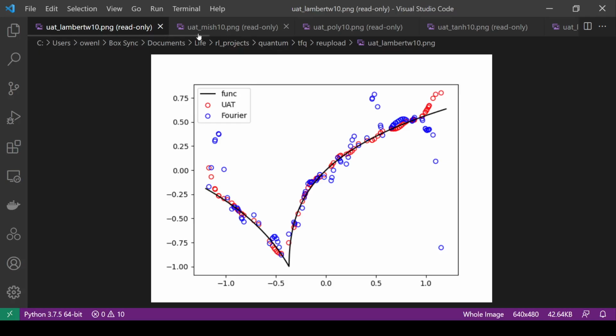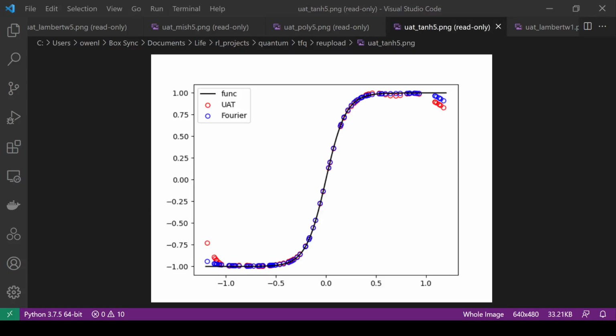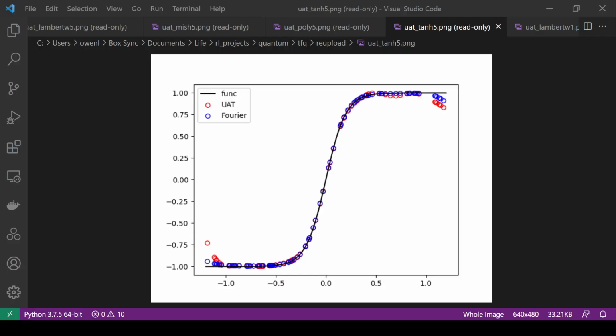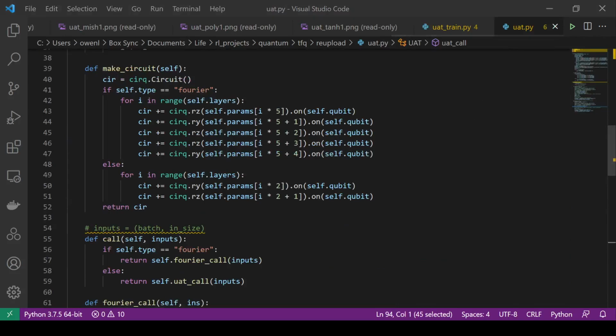And so we can see, looking at this, let me look at the tanh. If we look at that and then we do that, you can see it's pretty similar. I'd say it's a pretty successful replication. So yeah, this is the code for quasi-replicating the recently published paper in Physical Review A, I think it is, 1 qubit as a universal approximant. As always, the code and everything will be